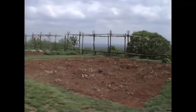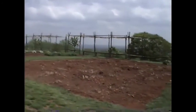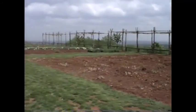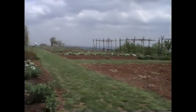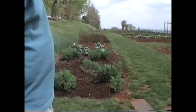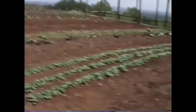Sometimes he would put his peas in the ground. Peas were a great favorite in the early spring, in early April, and he'd have them on the table by the middle of May. The garden is divided into 24 squares. Not necessarily its geometric shape, it's just a synonym for plot. The two long narrow borders, the one here against the hillside, the northwest border, and the one